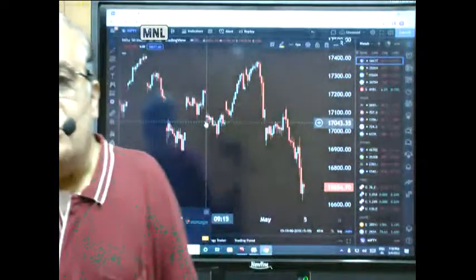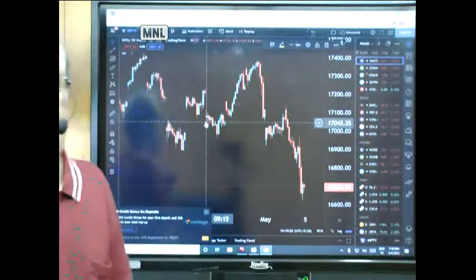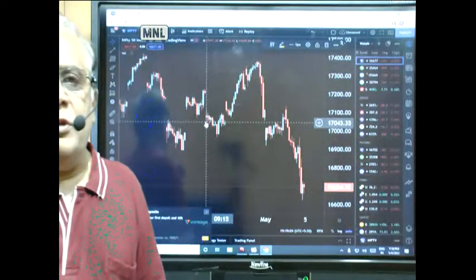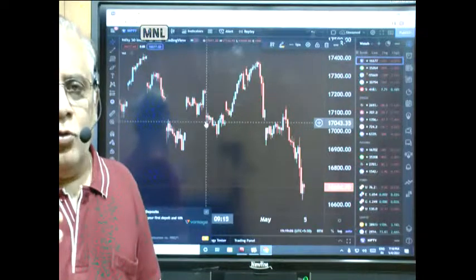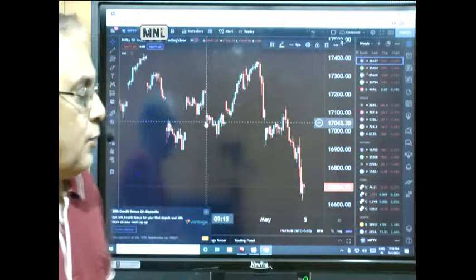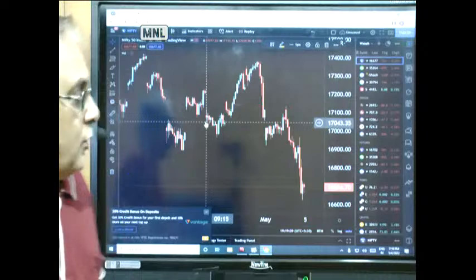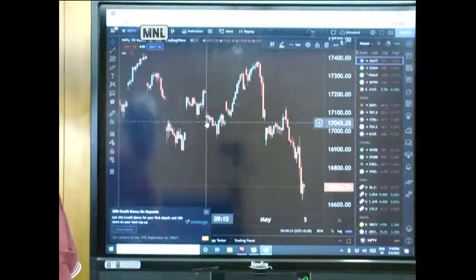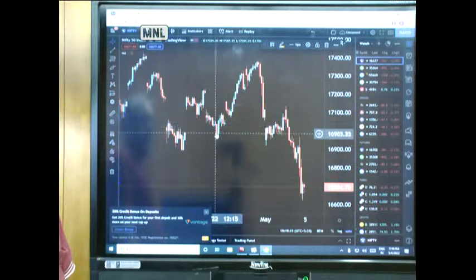16,979. You take at least half of your position as profit. Let us say there are two contracts you do. One contract you are taking profit at the 60 point, because that is the stop loss which you have put here. And if you see that on that day, you can see